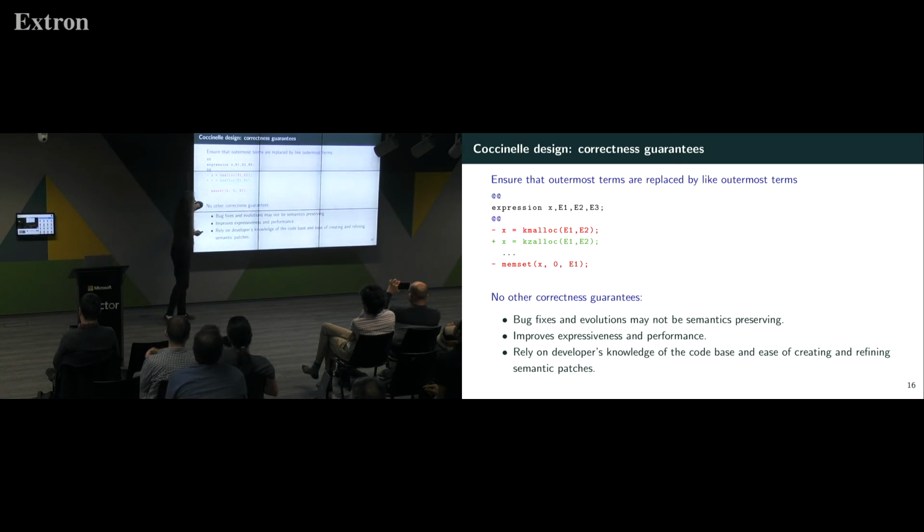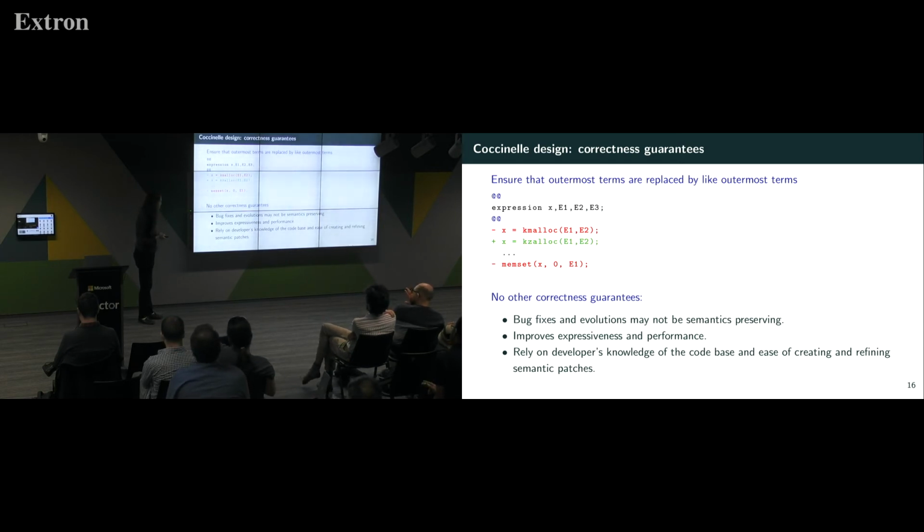Basically, the only thing Coccinelle does in this respect is check syntactic correctness. We have a little hunk here and a hunk here. It's syntactically correct to remove a complete statement, because you can have any number of statements. It's also syntactically correct to replace one statement by another statement. On the other hand, it's not syntactically correct to just remove an expression. If you just remove 3, then most of the time it's not correct. If you have 3 times 4, then you'll end up with times 4. That would not be good.